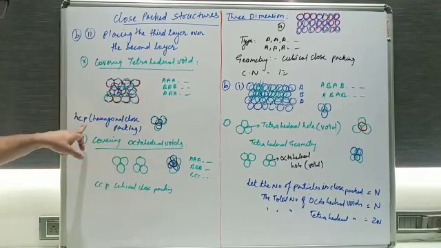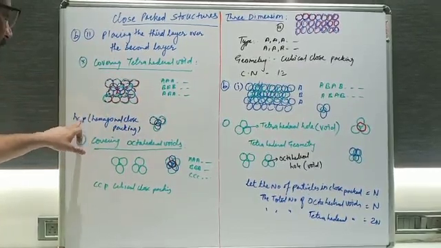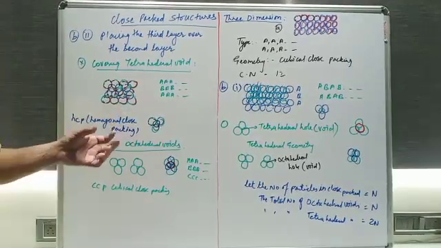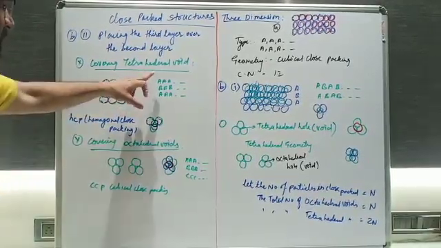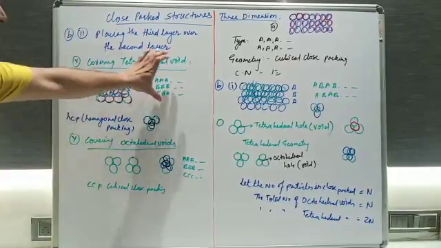Such a type of geometry is called hexagonal closed packing. Okay beta, hexagonal closed packed structure. It's not geometry, it is hexagonal closed packed structure. So this is A arrangement, B arrangement and A arrangement. Now this was the first part.